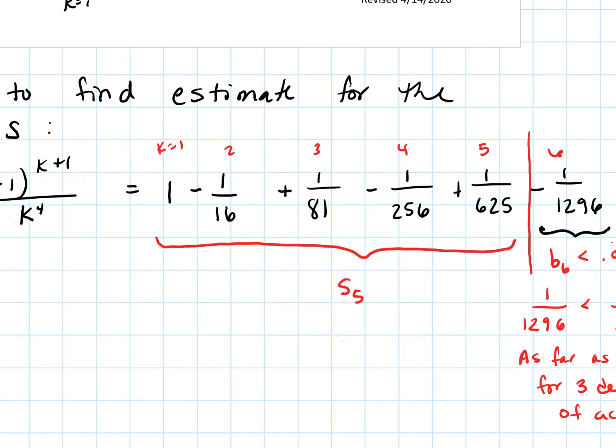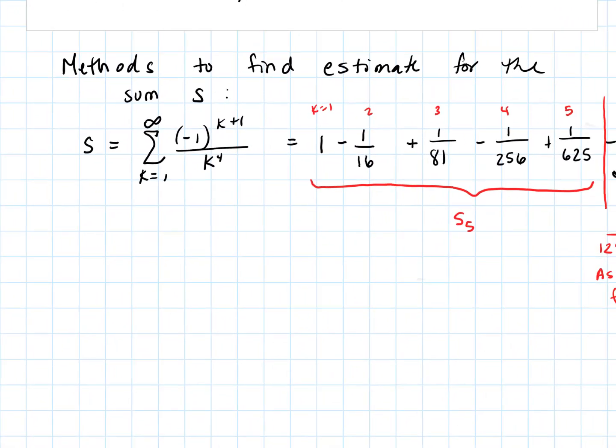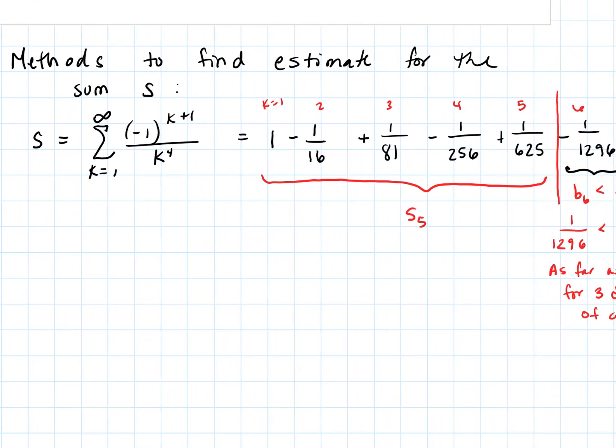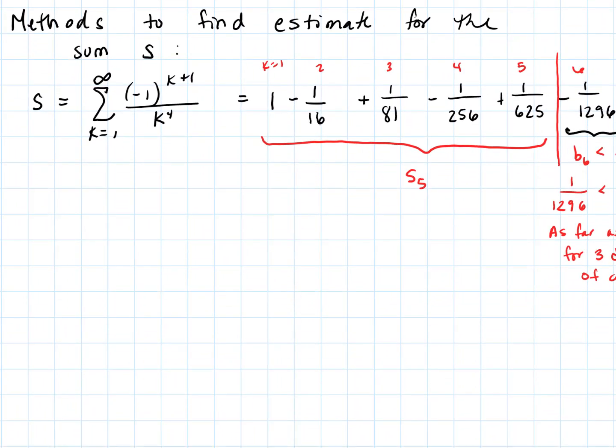So what we can say is, oh, look at that. I just started expanding the sum, and it turns out that S sub 5, which is 1 minus 1 over 16 plus 1 over 81 minus 1 over 256 plus 1 over 625, gives me, let's see, I wrote this down, 0.947. If I plug that into the calculator,